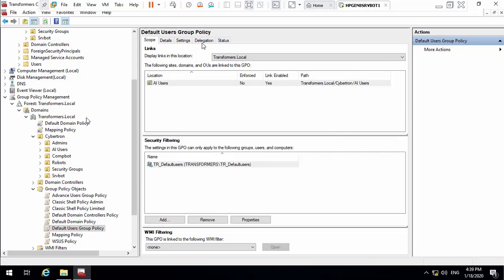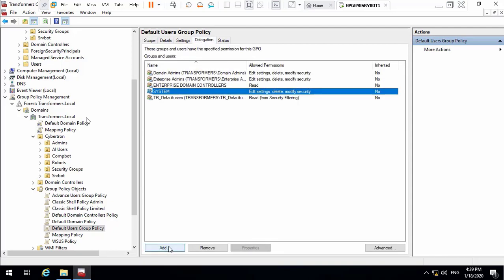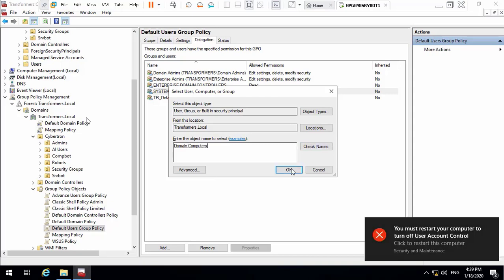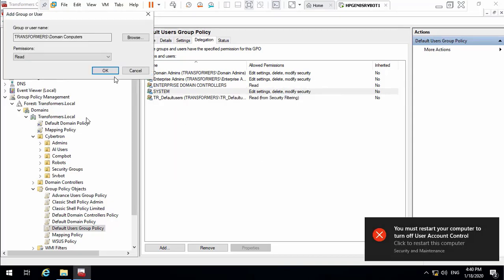Okay, now we did it. Okay, we give the delegation to the domain computers. Normally when this happened, it made, for my good luck, that it was an update, and I before a good